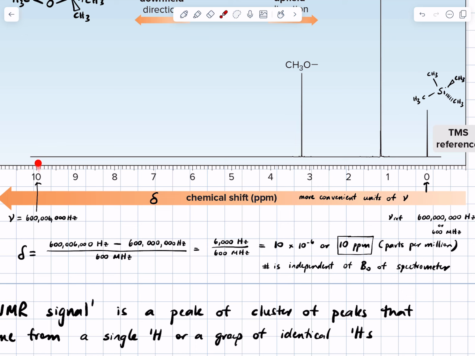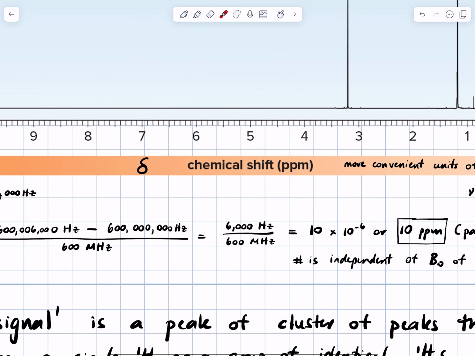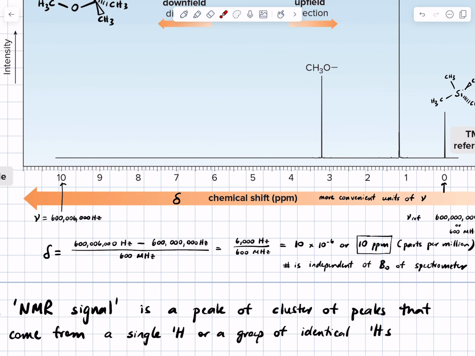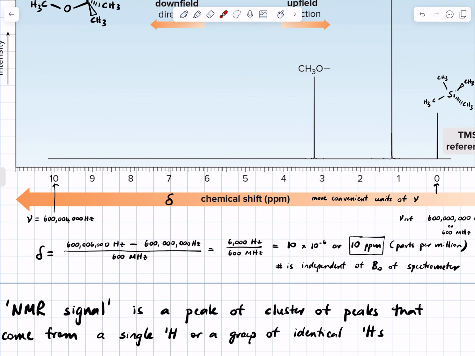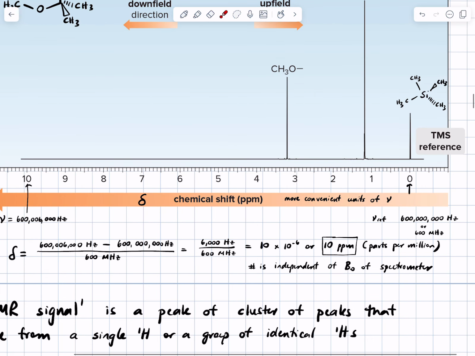So say at this point, 600,006,000 hertz minus 600 million hertz, we get 6,000 hertz. That number is still too big to be convenient to plot on an axis. So we're going to divide it by our reference frequency. Only at this point, if we divided it by 600 million hertz,